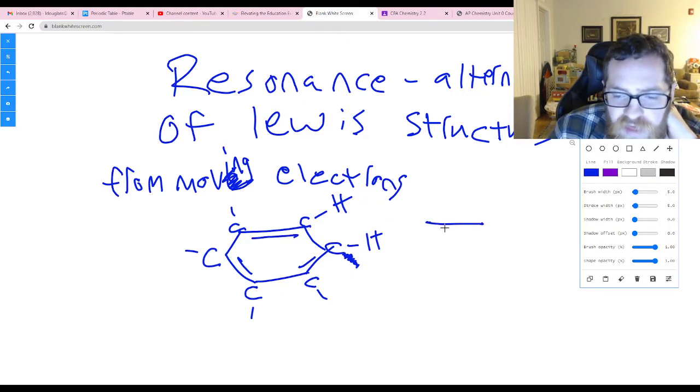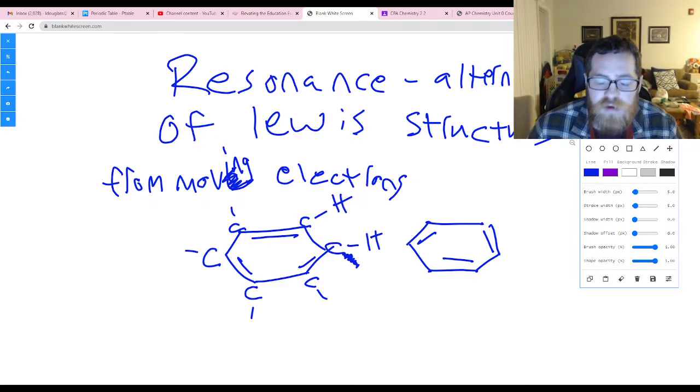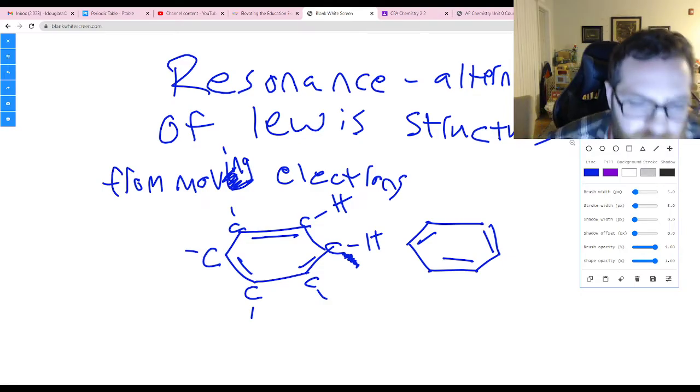However, there is nothing stopping the double bonds from being here, here, and here. Because both sets are possible, both sets occur, and at any given moment, benzene is a combination of the two,